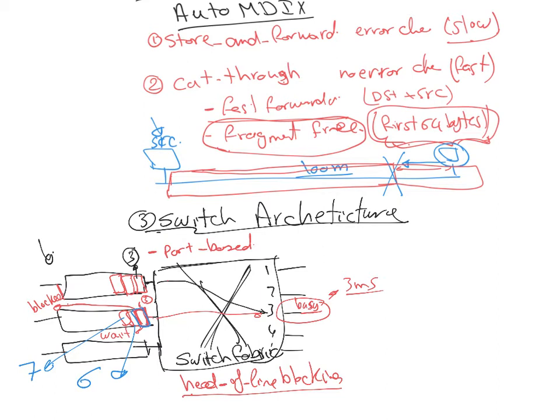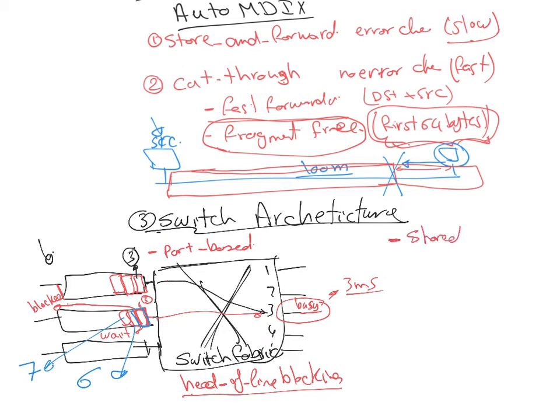And if the head of the line is waiting for a specific service, it is blocking everyone behind it. Okay? So port-based switch architectures suffer from head of line blocking, and that's the scenario to explain it. To solve that problem, there is another architecture which we call